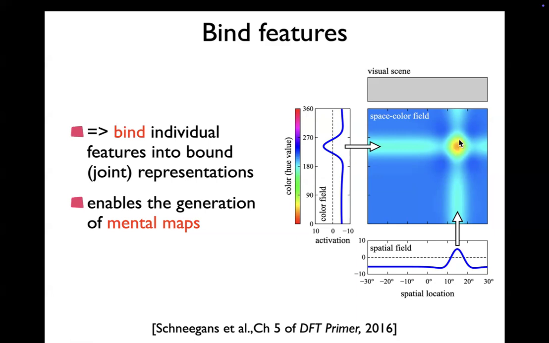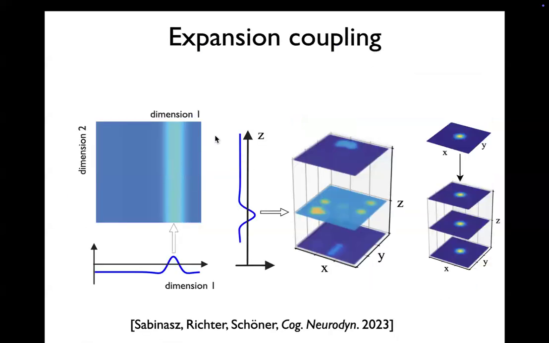And therefore, you have now created an item in your field that represents that particular combination of features, even though you didn't have the original input in the original space where the features are already bound. So that's how you would represent a blue object at that location. So these expansion couplings